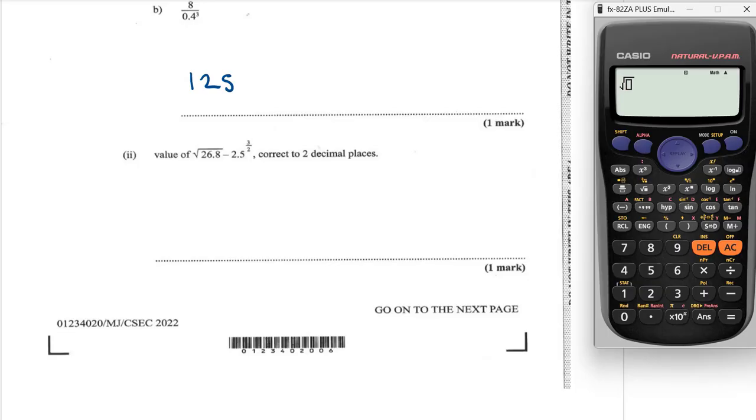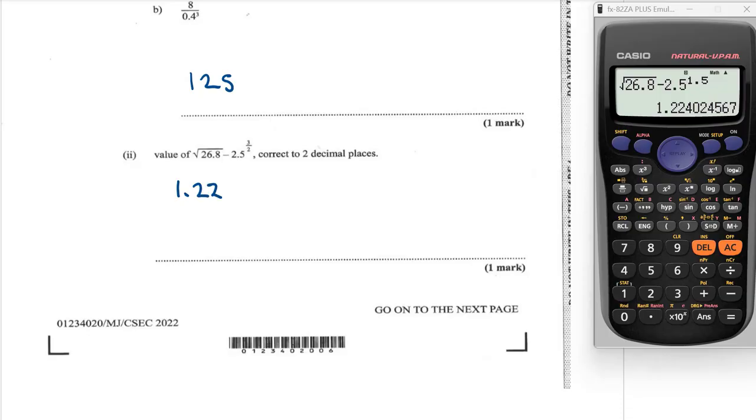The square root of 26.8 minus 2.5 to the power of, now some of us have to be careful when we're entering this power, 3 over 2. However, 3 over 2 is the same thing as 1.5, so I'm going to use that instead. So 1.5, right? And this gives me